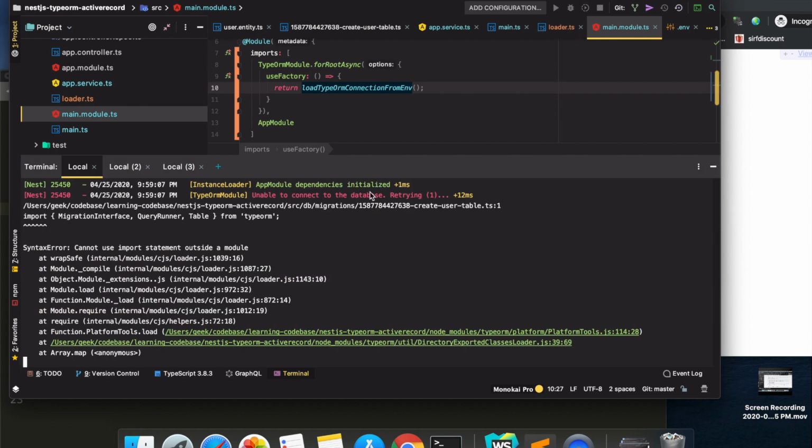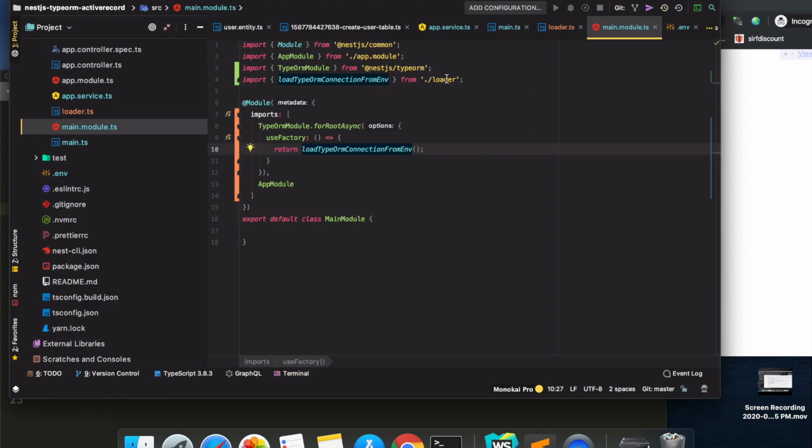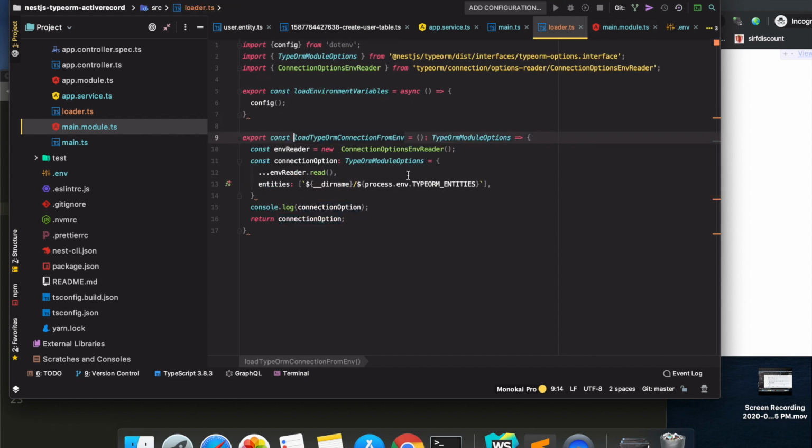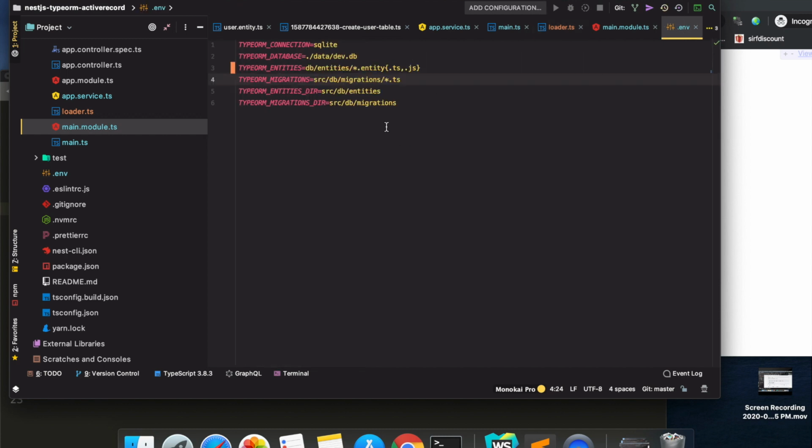Okay, so there is one more error. Basically what is happening here is in our TypeORM connection, we are configuring migrations to explicitly load from TS files, right? And this is being used for our CLI to run the migrations.